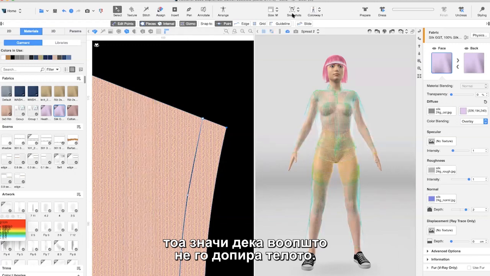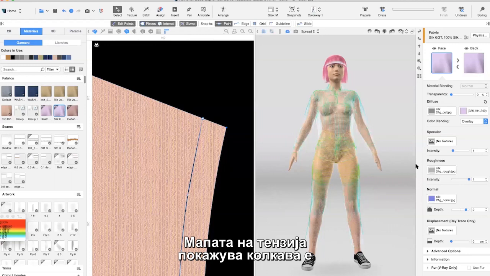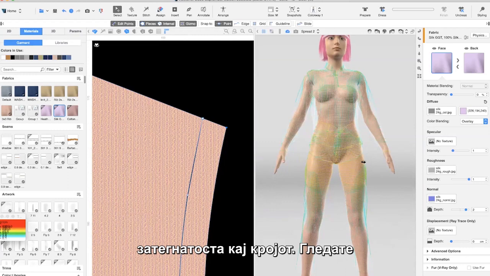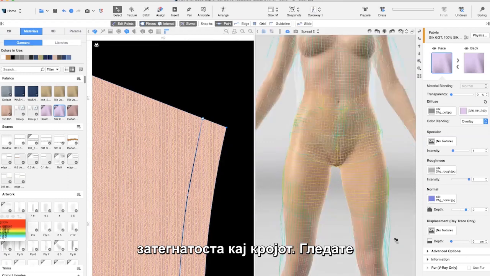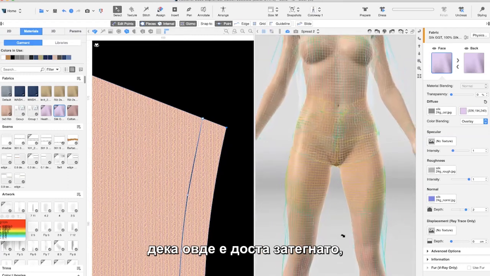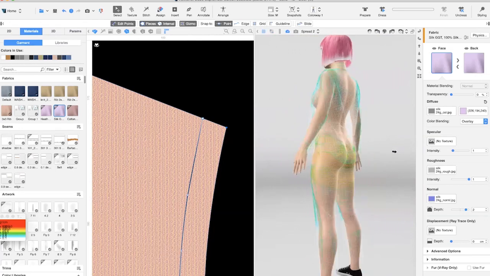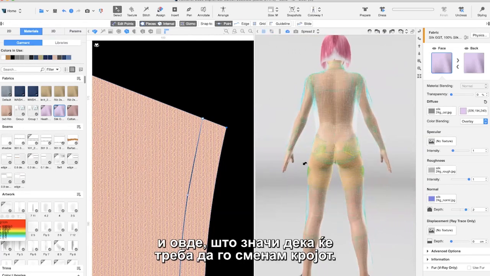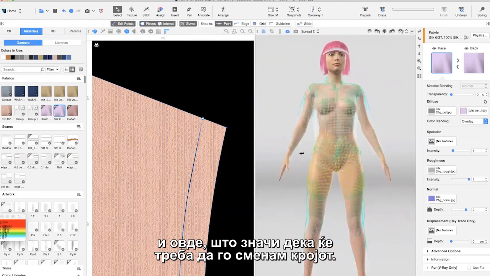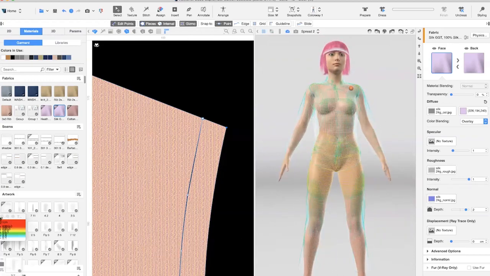Okay, so at this point, tension map is how much tension you have on your pattern. Like we can see in here, I have a lot of tension in here, so I have to change my pattern at this point. Okay,